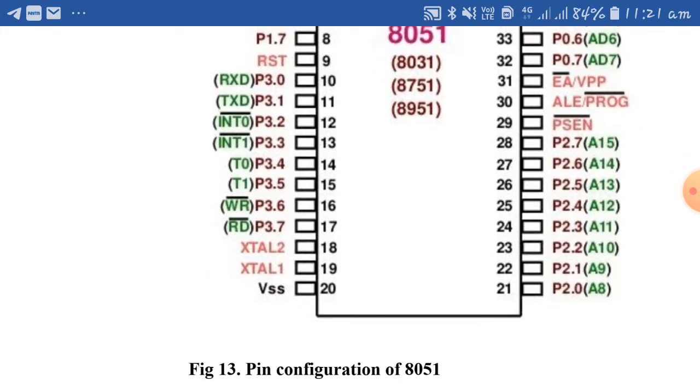You can give external interrupts on those pins, pin number 12 and pin number 13. Next, timers: timer 0 and timer 1 inputs, which you can use in programming. The 6th and 7th bits of port 3, that is P3.6 and P3.7, are used for write and read functions when you connect external memories.